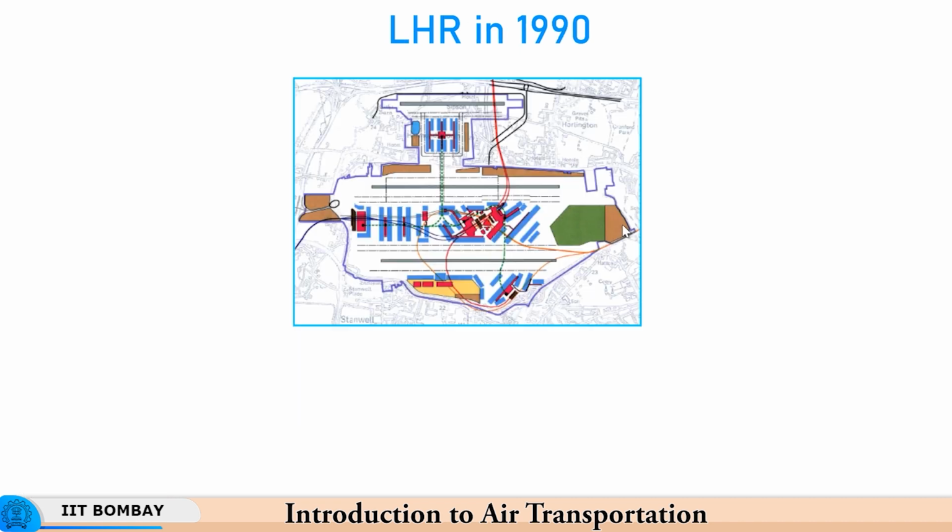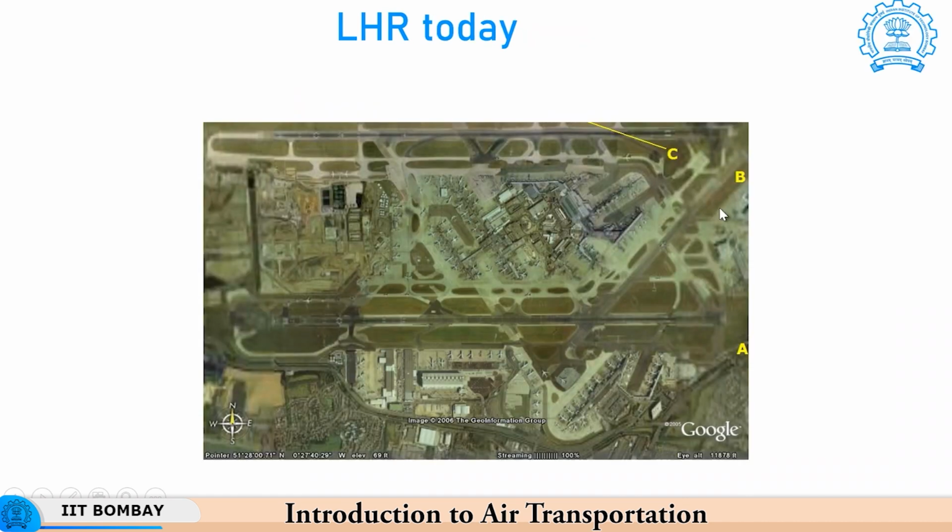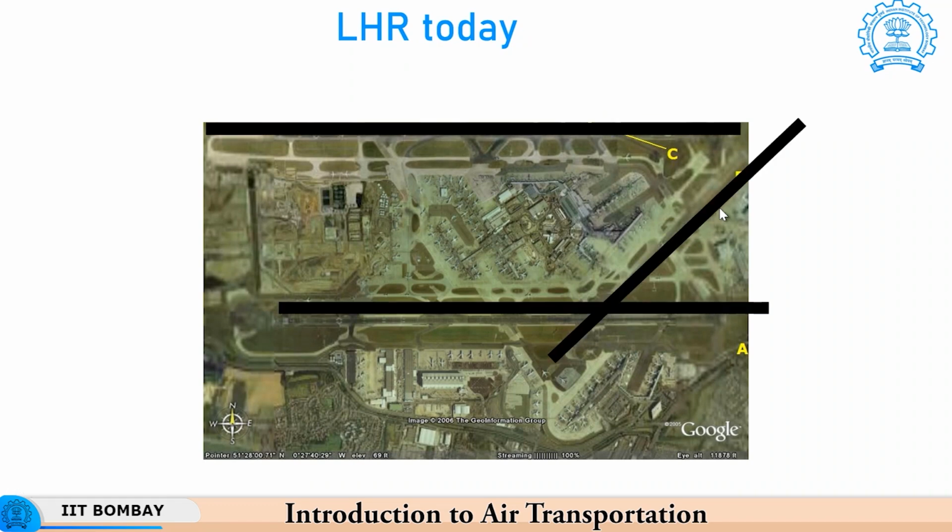proposed here. Then this is how it looked subsequently. So, 2 parallel runways and 1 more runway at the end, was the proposal given for Heathrow airport. So, 2 existing runways and 1 more proposed runway. And if you actually see today what the situation is, it only has these 3 active runways. Okay.